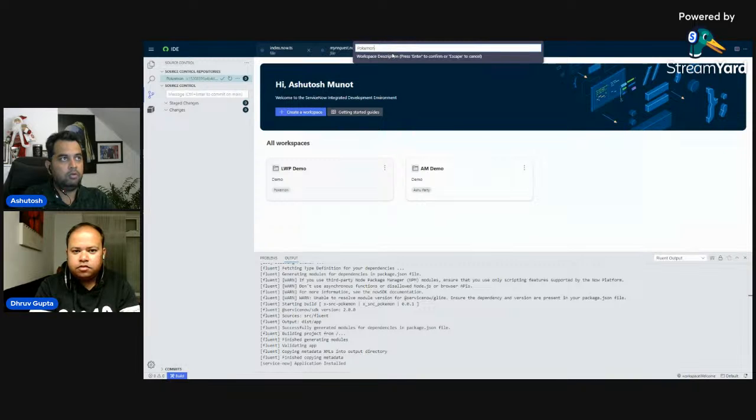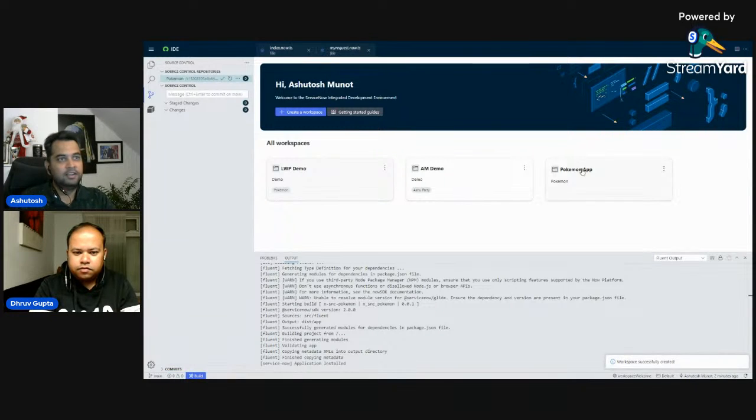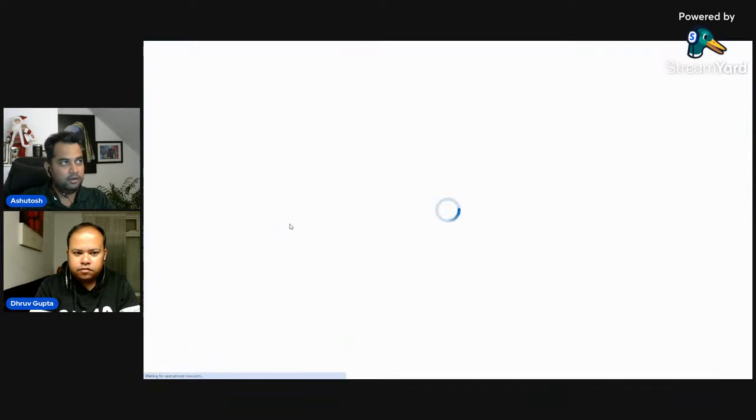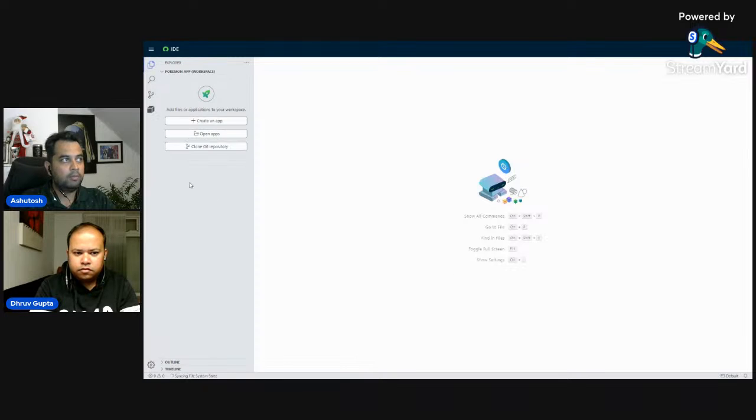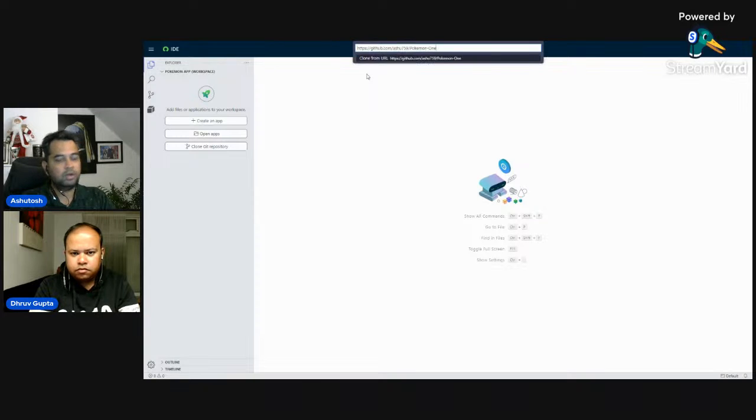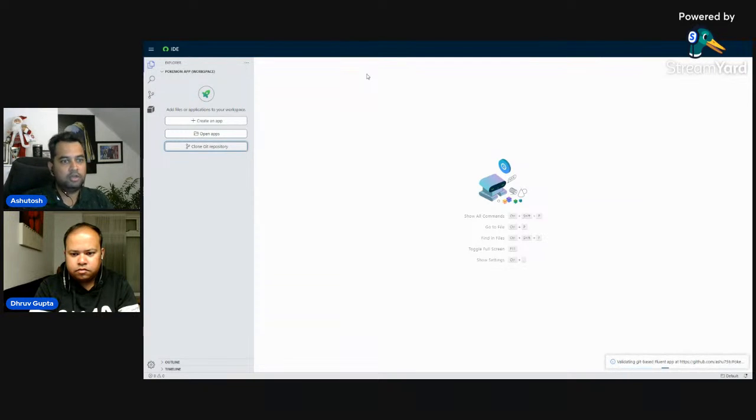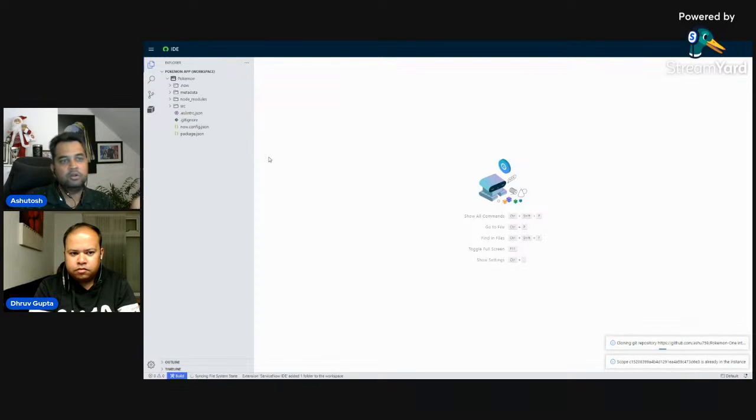Wow. Pokemon. Okay. Now this is an empty shell, right? And there is no app here. But what we are going to do is, instead of creating a new application, let's imagine you are in your test instance and you want to pull the application which you created in dev. So we are just going to clone it. I'm just going to give the URL. Just enter this,